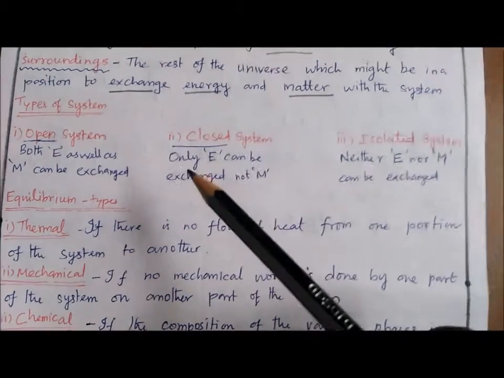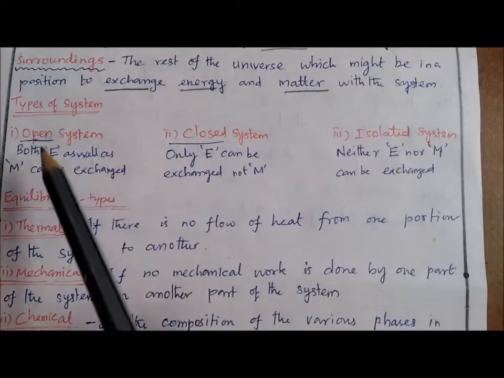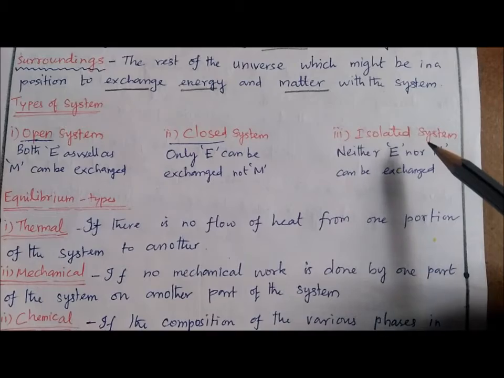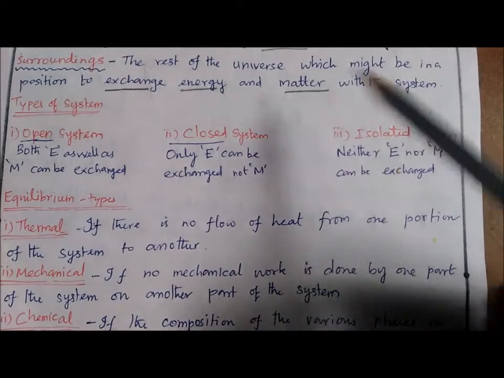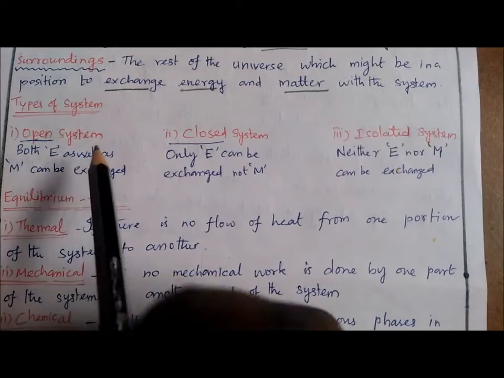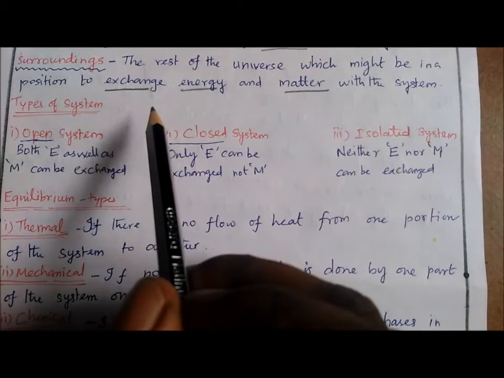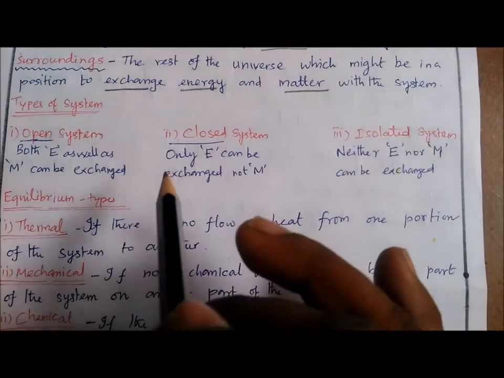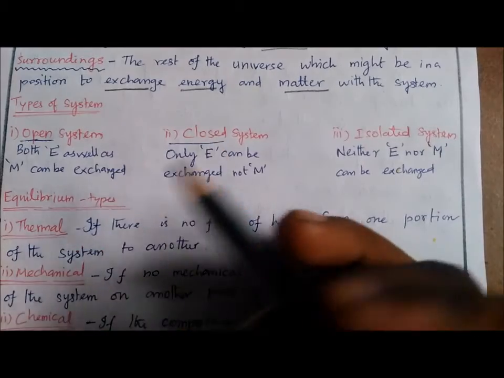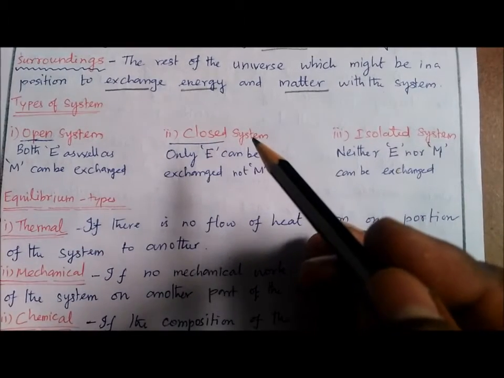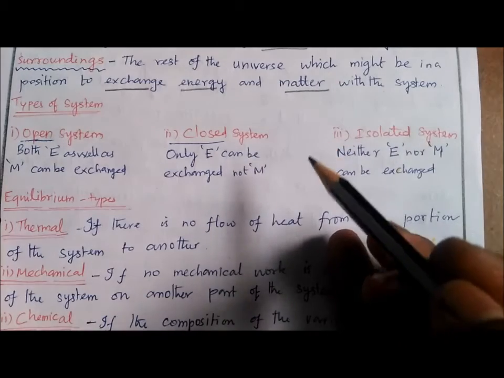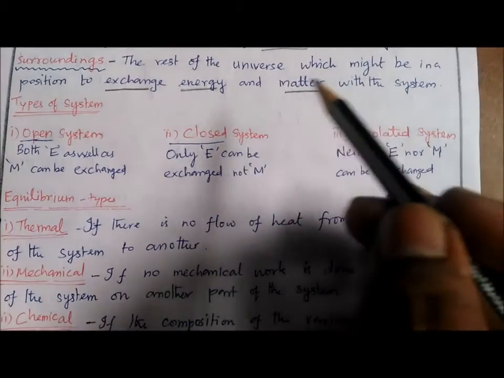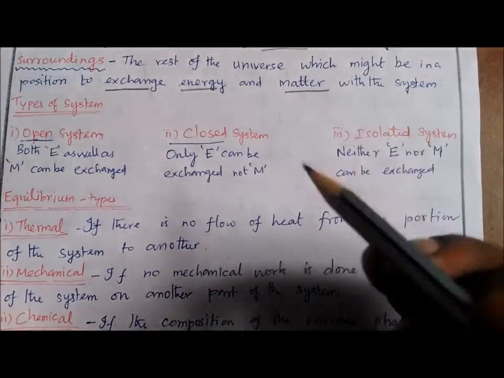There are three different types of system. One is open system, another is closed system, and another is isolated system. That with which we are doing our experiment is called the system. For a chemist, the chemist may do his experiment just with a test tube. For him, the test tube is the system. For a computer analyst, he may do his work with a laptop or personal computer or maybe a supercomputer. For him, that laptop and personal computer is the system.